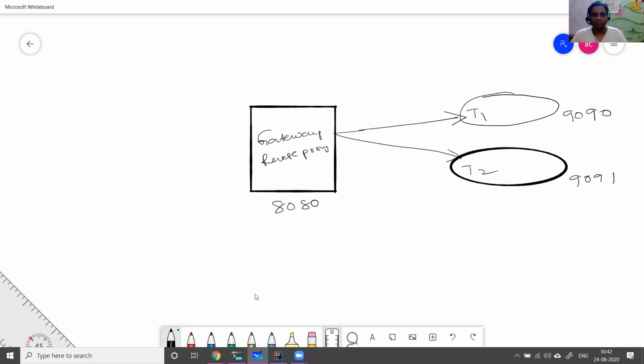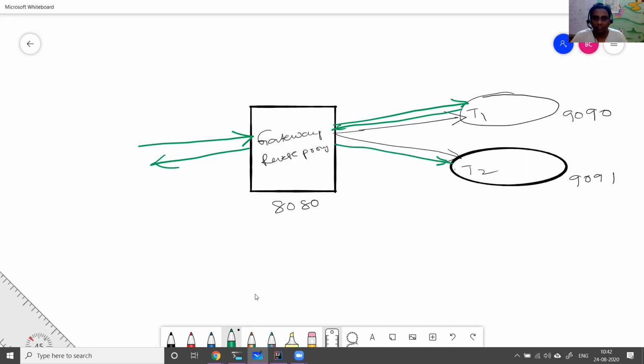Now, if a request comes to the gateway, then the request needs to be forwarded to Tomcat 1 and the response should be served back. This is a happy path. The same thing, if another request comes, it is given to Tomcat 2, which serves back the response to the client. This is a very happy path. We all know this works pretty well.